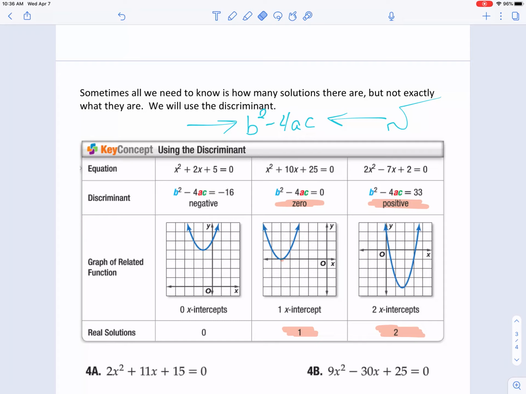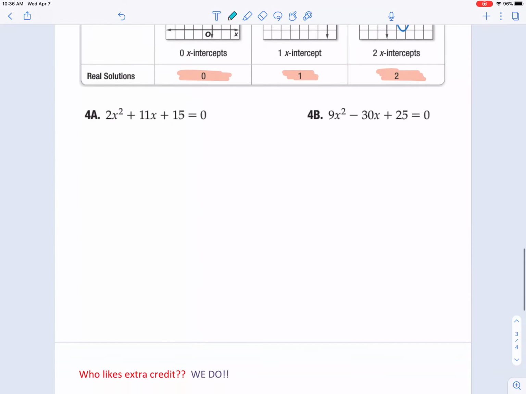Last but not least, let's say you do your b squared minus 4ac and you get a negative number. Well, if you get a negative number, you can't find the square root of a negative number, and so that's where it's going to be no solution. If your discriminant is negative, there are no real solutions. All right, so let's